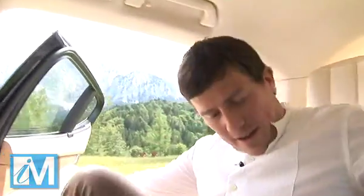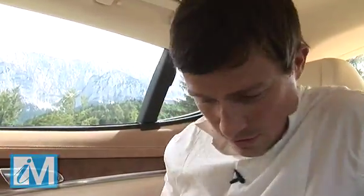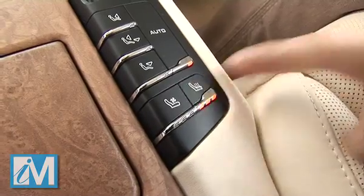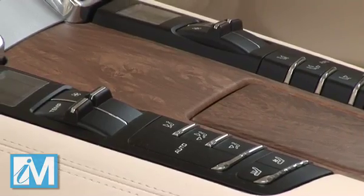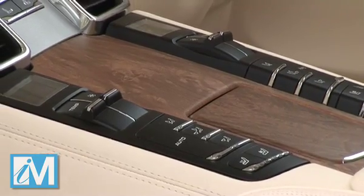For instance, back here, there's all manner of buttons. There's a button for warming my bottom. There's a button for cooling my bottom. There's also a button for keeping the sun off my pathetic freckly skin. In fact, it seems the only button that Porsche forgot about is the button that makes all the others disappear. It makes this car look a little bit like a spaceship from some 1970s sci-fi film. Now I wonder...